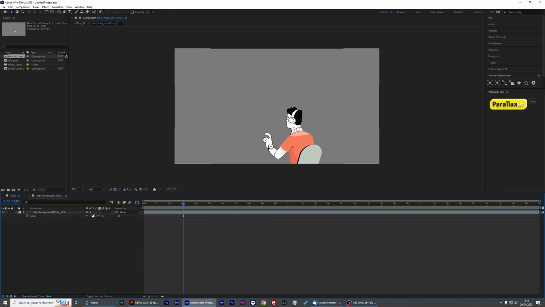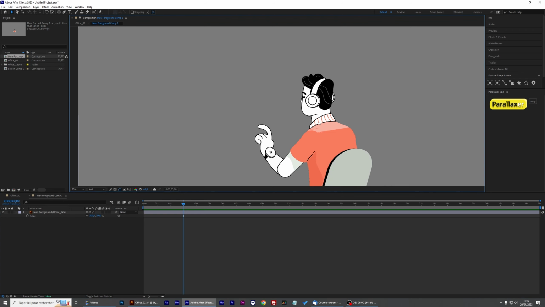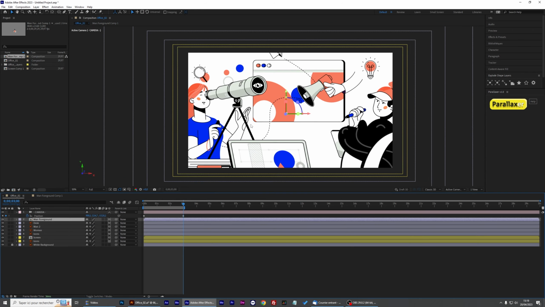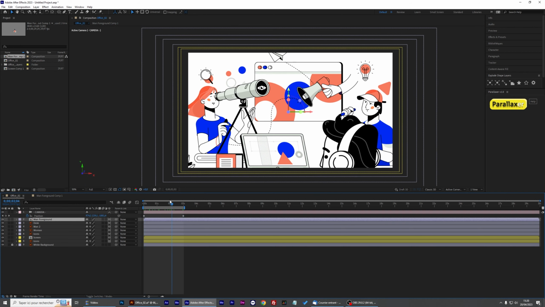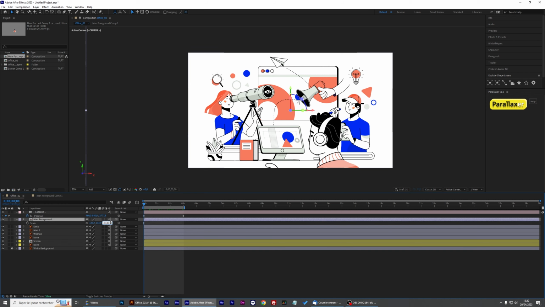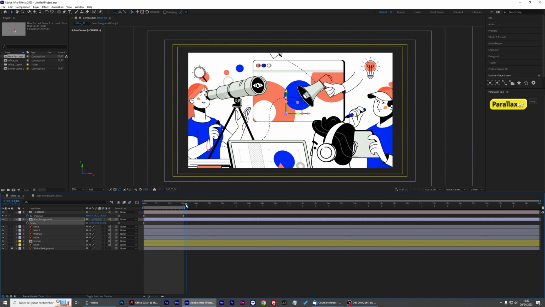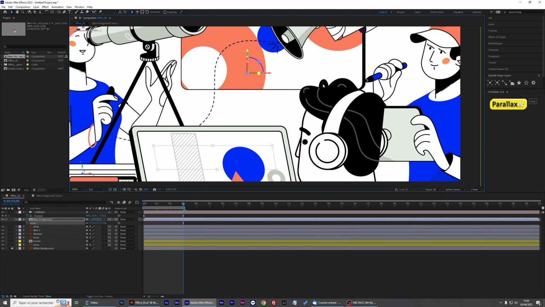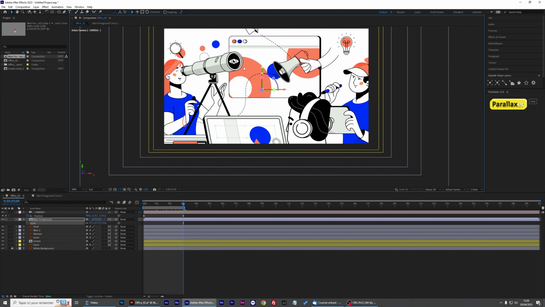Okay. I can vectorize it in the composition. It's very sharp and vectorized. I'm going back in my main comp, and I see that my layer now is too big. Of course, we scaled it 2 times, so I have to scale it down per 2, just like this. And now it corrected the problem. You can see that at 100%, it's sharp now.